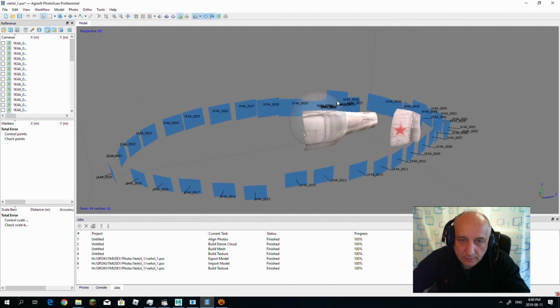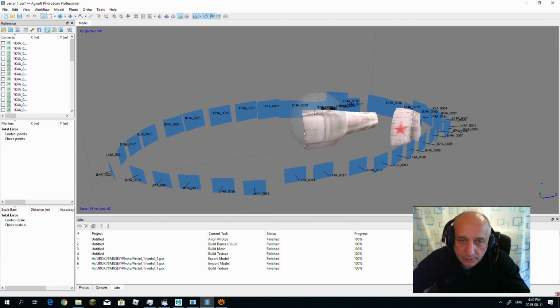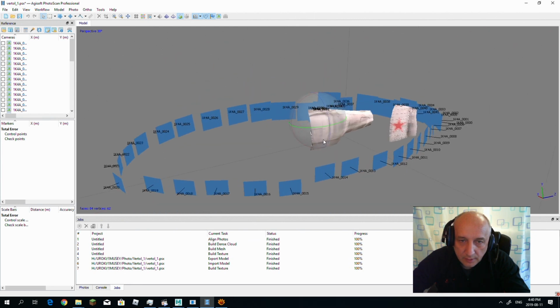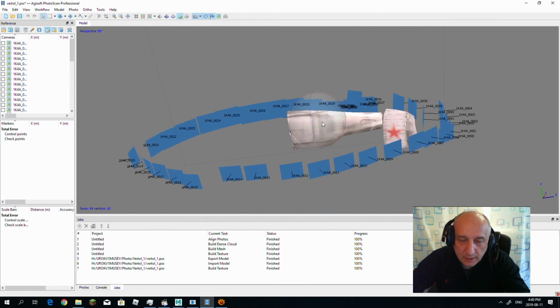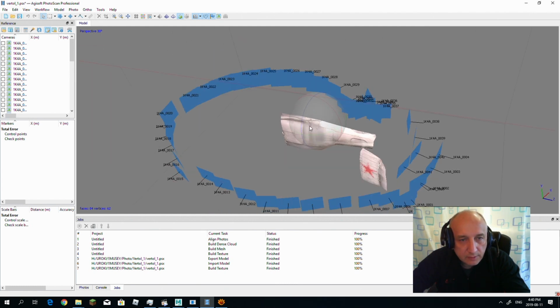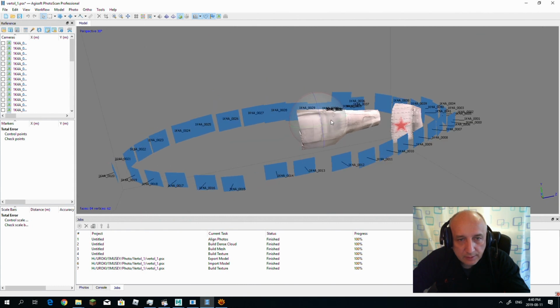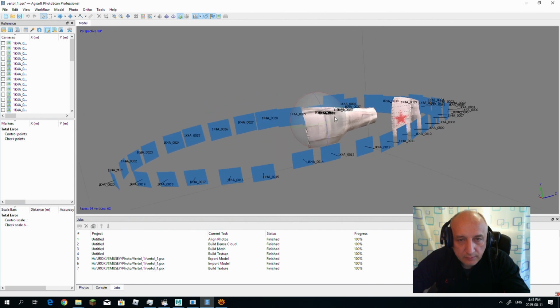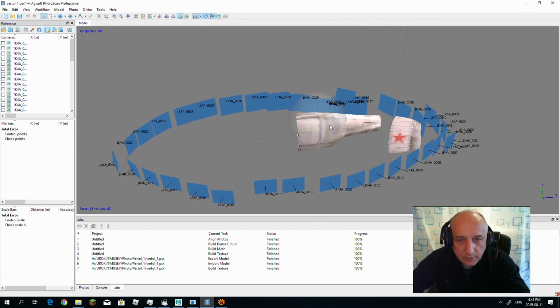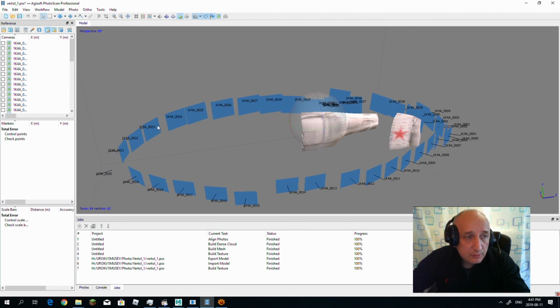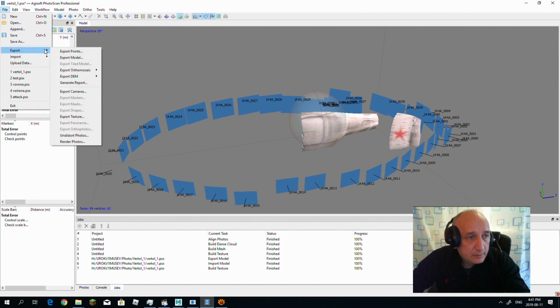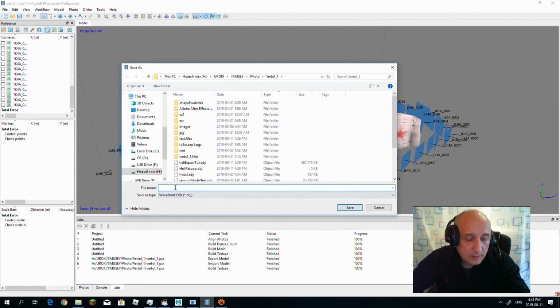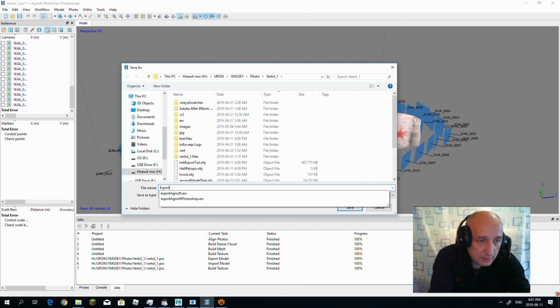And now we have a retopologized version of the heli, which is pretty nice. I won't call it nice, but it's a pretty usable starting point for ZBrush and for pretty much any other software. Now what we do, we just go File, Export Model, and press Export Retopo